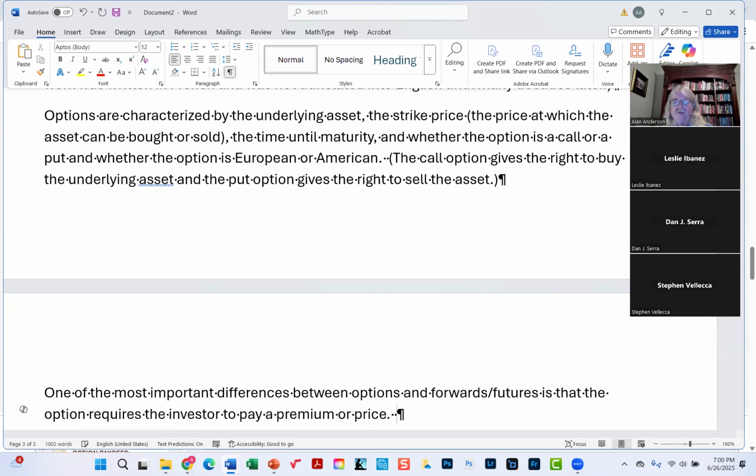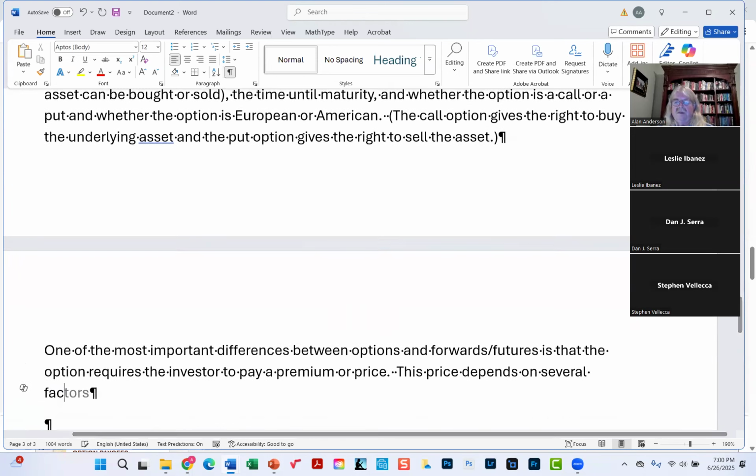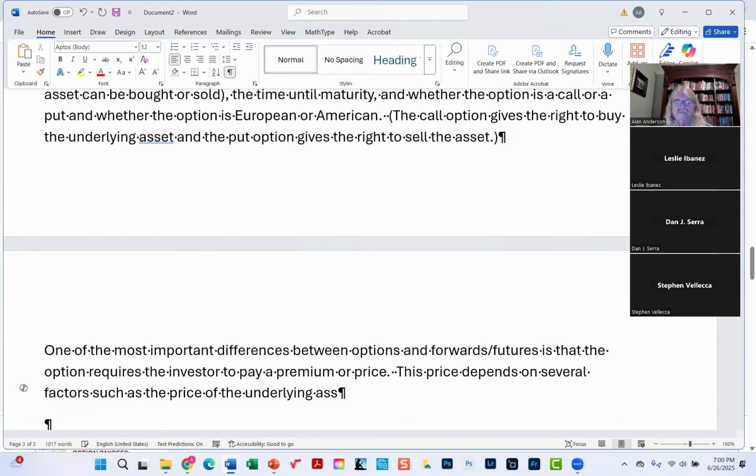And that's what the Black-Scholes model is trying to determine, by the way. That number, that price that you pay for the option, depends on a lot of features. This price depends on several factors, such as the price of the underlying asset, the strike price of the option, the time to maturity,